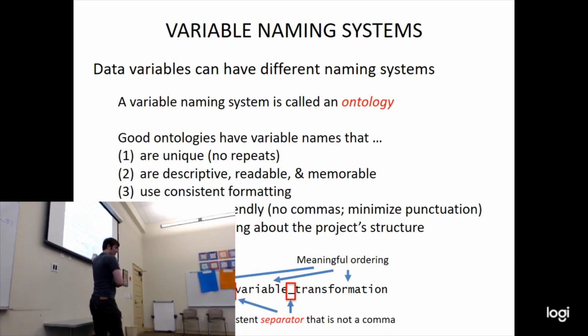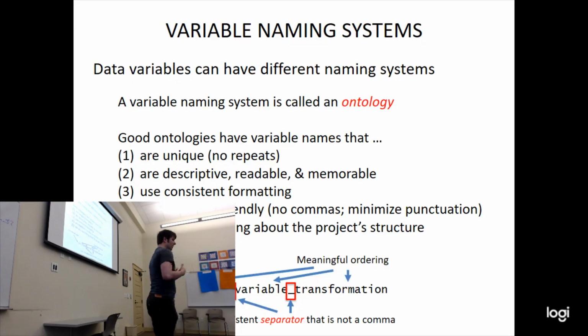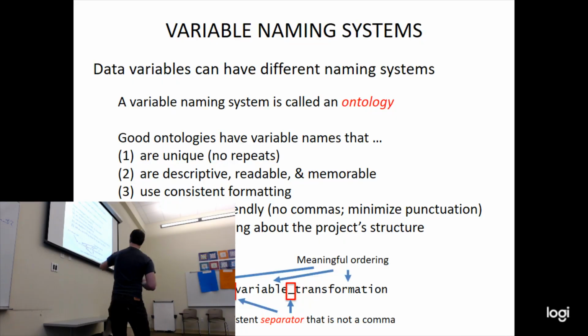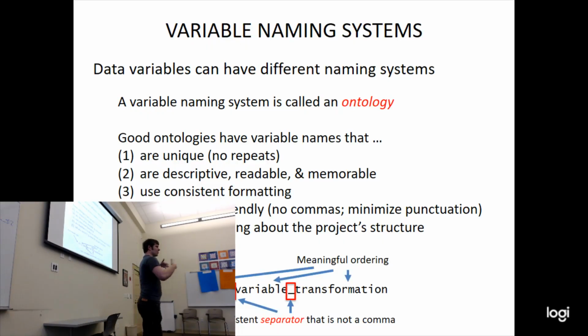The last nice aspect of this way of naming variables is that there's a consistent separator and it's not a comma. So I use the underscore for my separator most of the time. One thing that I thought about doing, I haven't implemented in my own projects, but I think it makes sense, is if I have, say, a variable that is multiple words. So let's say the Beck Depression Inventory. You can use a different separator besides the underscore to separate those words. So what I mean by that is